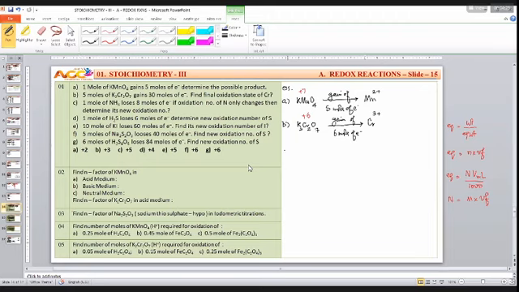Next. 1 mole of ammonia loses 8 moles of electrons. No problem. 1 mole of ammonia. Always try to make it 1 mole. It is better to understand and do the problems without minus signs. He is saying that it loses. Okay, loses. Loss of how many electrons? 8 moles. I don't want to simplify because it is 1 mole. Nice. Now he is talking about a new oxide.